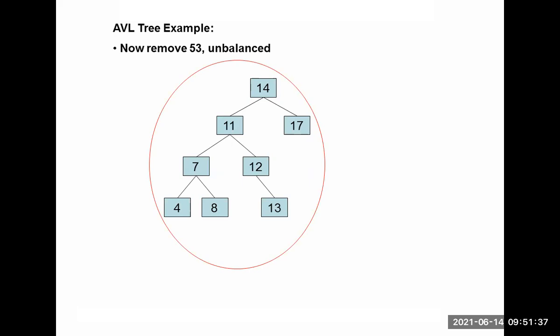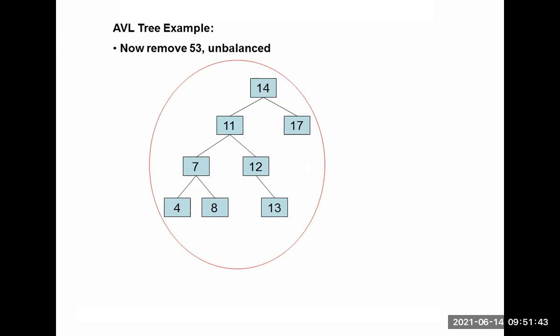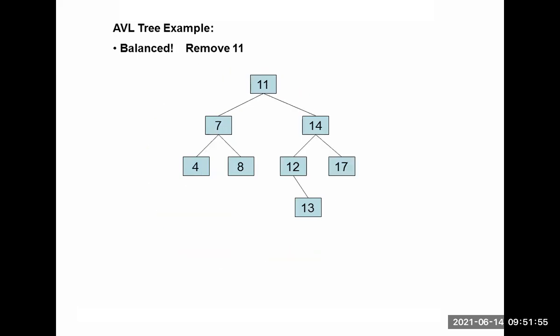So 11 has 12 on the right side, that is the left of this element. Just now I already told you, if the left side is there for the 11, you just store it at the left child's right link. If there is a right child, you just store it on the right side of the left link. Okay. So this is about the AVL tree.